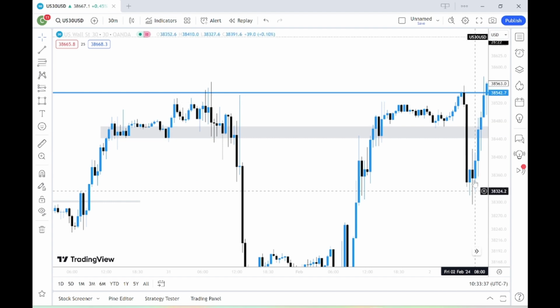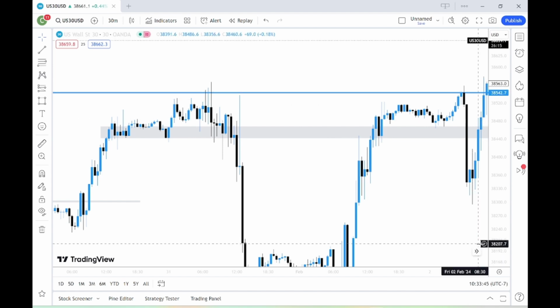So yes, we get a sharp push down and a sharp move back up to correct it, but we have 1, 2, 3, 4, 5 pretty decently sized bullish candles in a row. If you think that you can then get 5 more just like this, that's a very ignorant way of thinking. Maybe a couple of times you'll be right. Price will go your way sometimes, but to be safe,